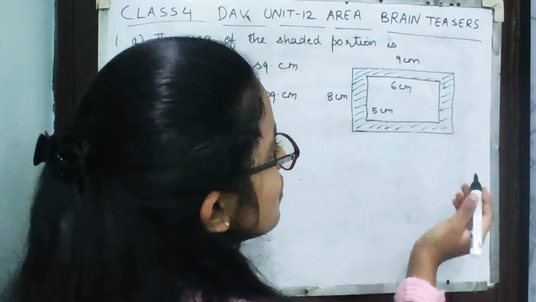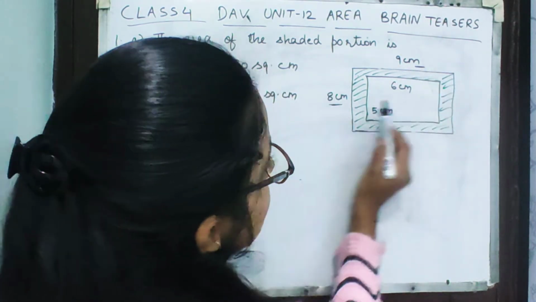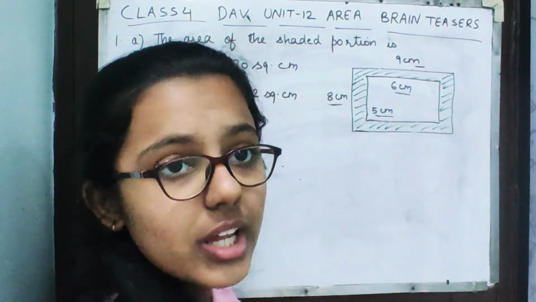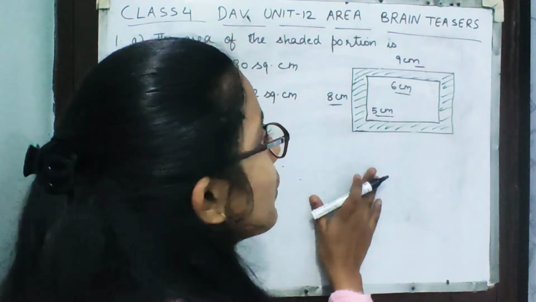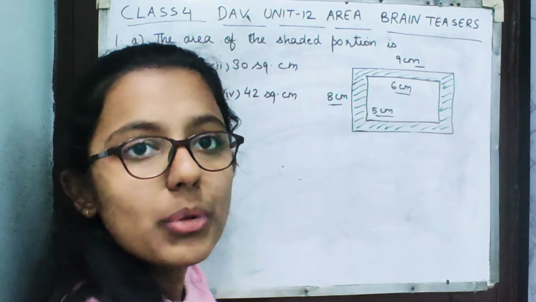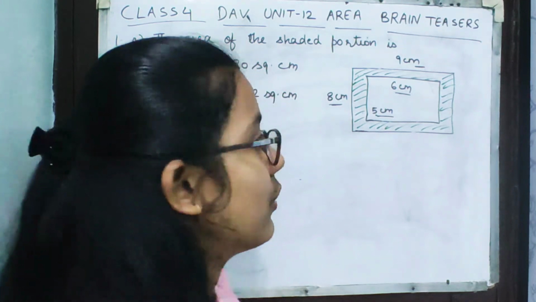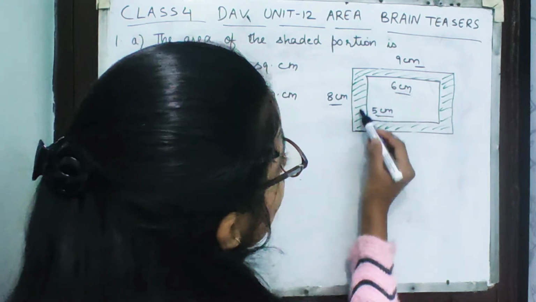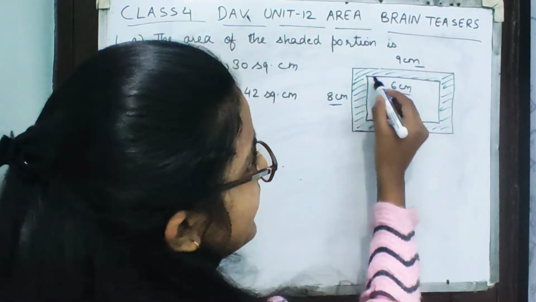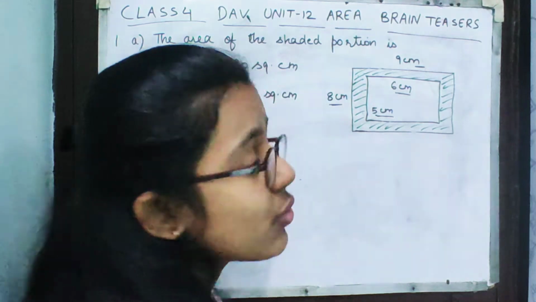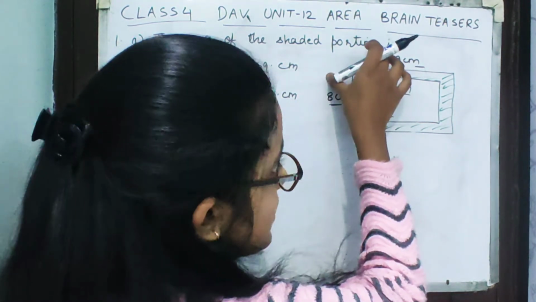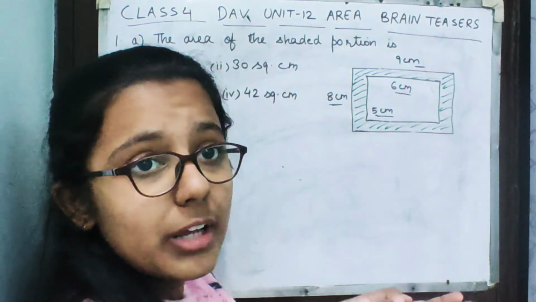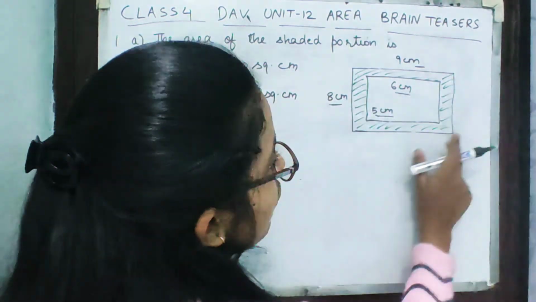Now as you can see here, length is given, breadth is given, length is given, breadth is given. That means the figure is in which shape? Rectangle. So which formula can we apply here? We can apply the formula of area of a rectangle. Then they are asking us the shaded part of only this figure, but in it one more rectangle is there. So we'll first find the area of this one, then we'll find the area of the inner one, and then we'll subtract both of them to get only the area of this shaded part.